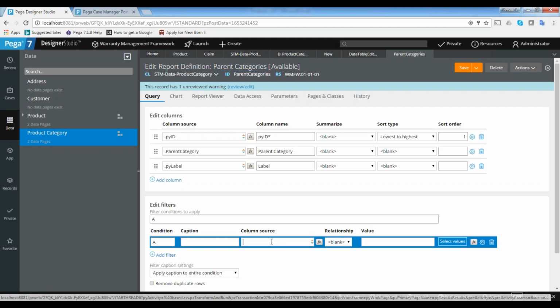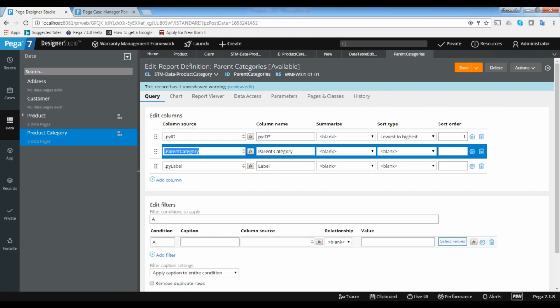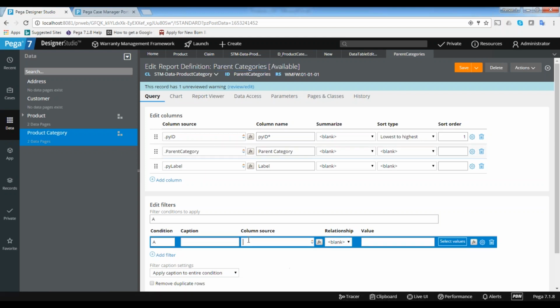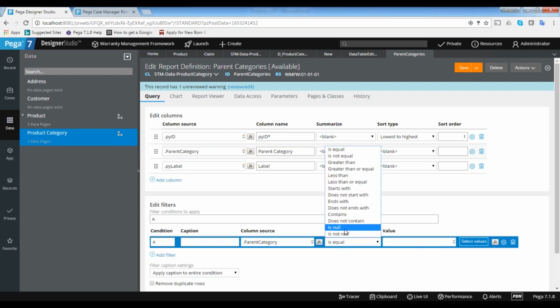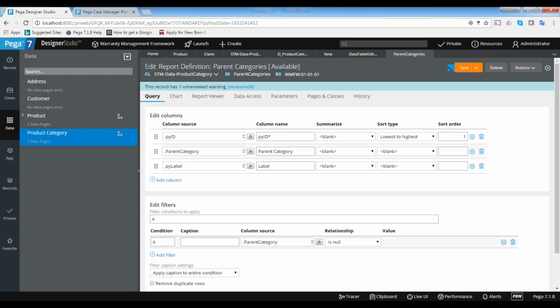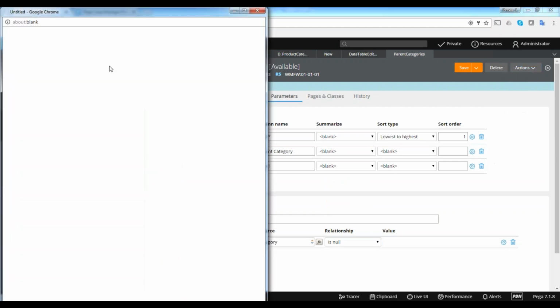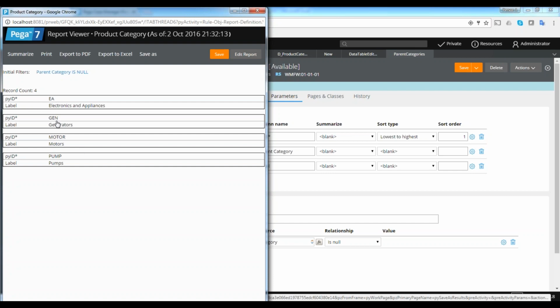Everything will be the same except the parent category condition. Now if you run it, you can see only parent categories. I am getting only four.